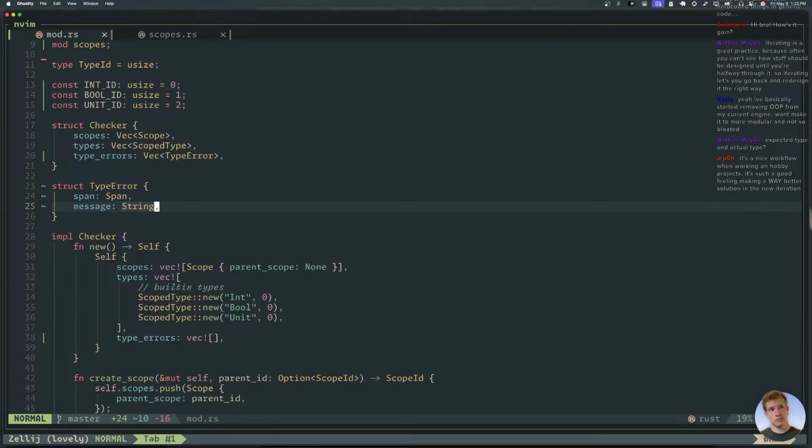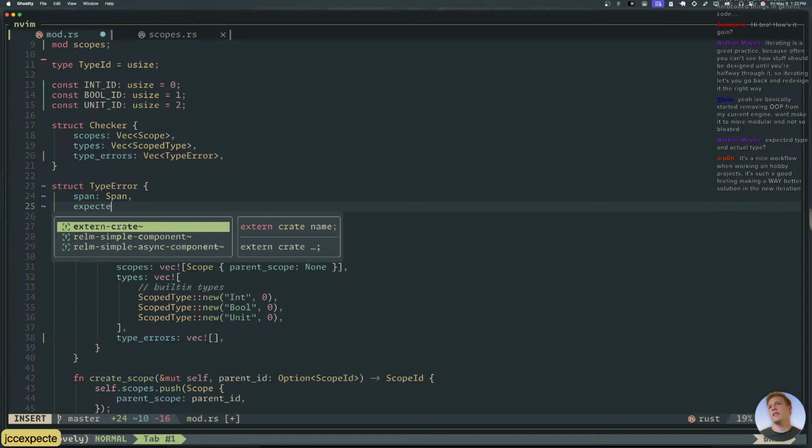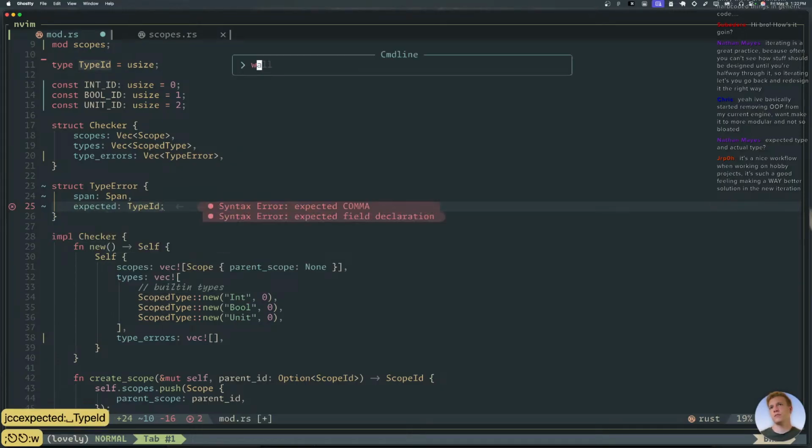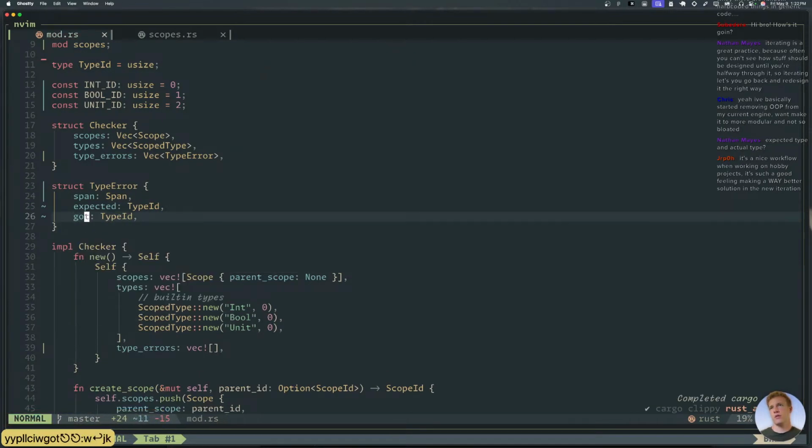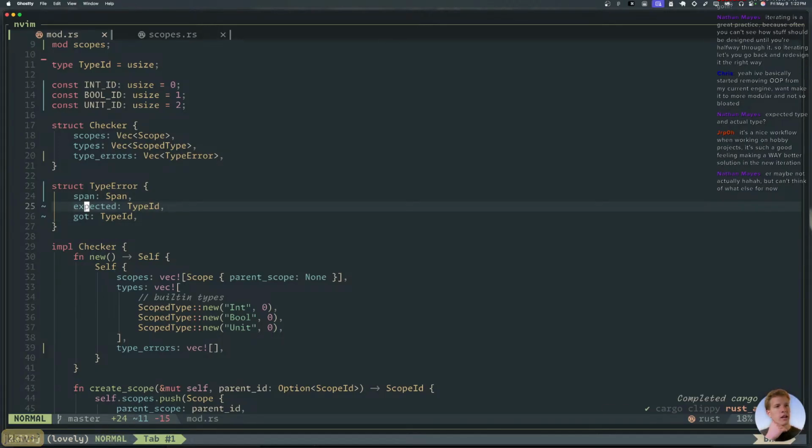Oh, that's smart. Yeah, that's a good idea. Let's do that. Is that the only kind of type error though? Just an expected and a got? Probably for now. We'll start with that. Expected is a type ID, and got is some other type ID, right? Yeah, maybe not. I agree, but I can't think of what else it would be. So we'll start with this, and we can always add more later, no?